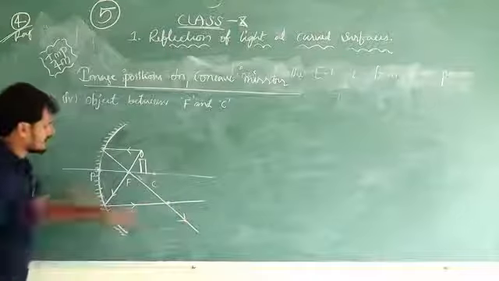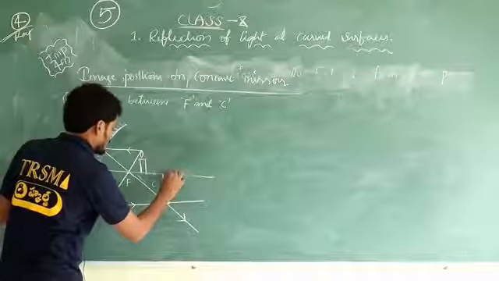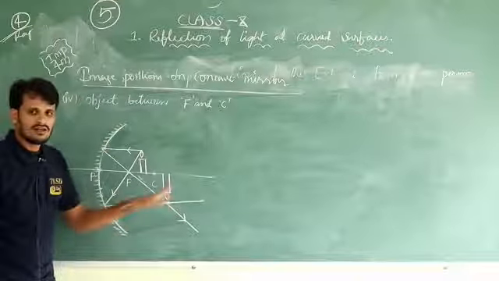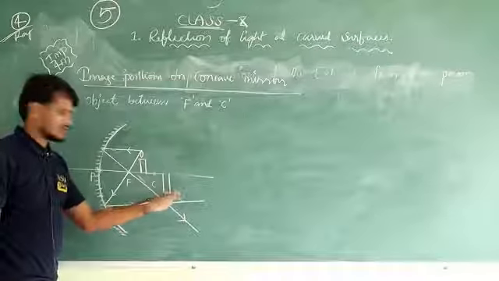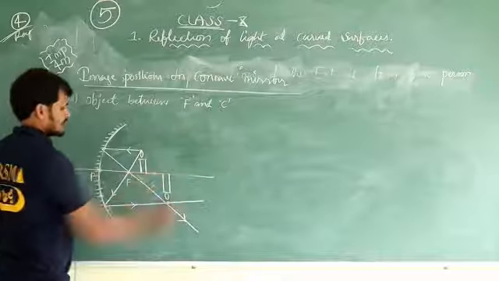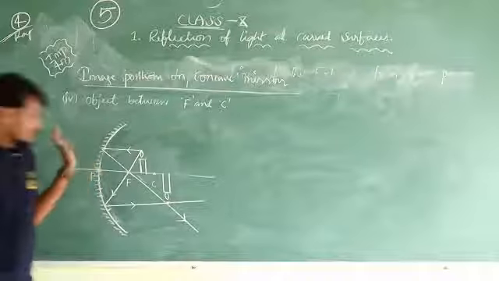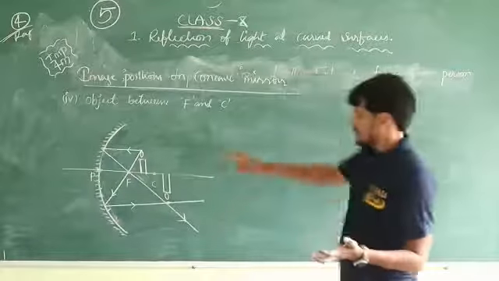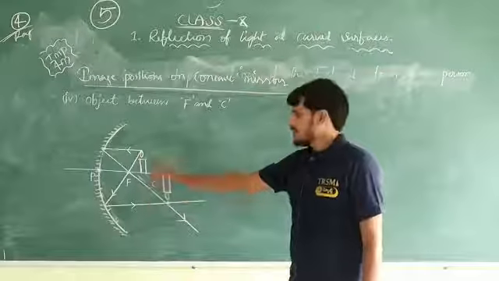So where are these two reflected rays intersected? Here these two reflected rays intersect and the image is formed at this place. That place is after C, and that is the image position. Beyond C only, no? The image is formed beyond C. If you place the object between F and C, the image forms beyond C. It's quite opposite from the second position. When you place the object beyond C, the image is formed between F and C.